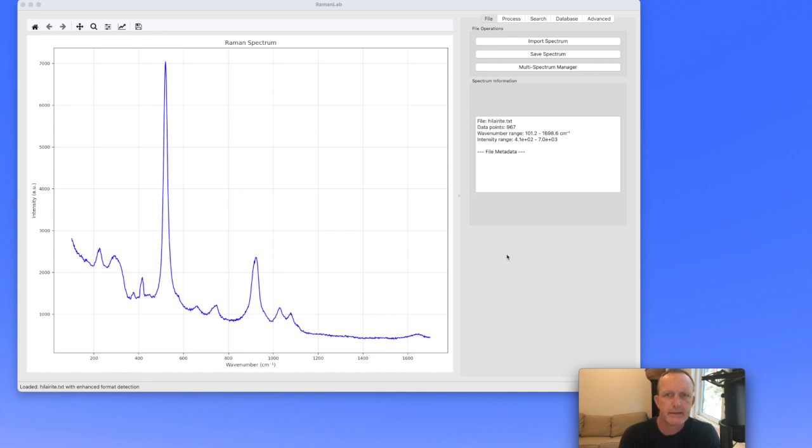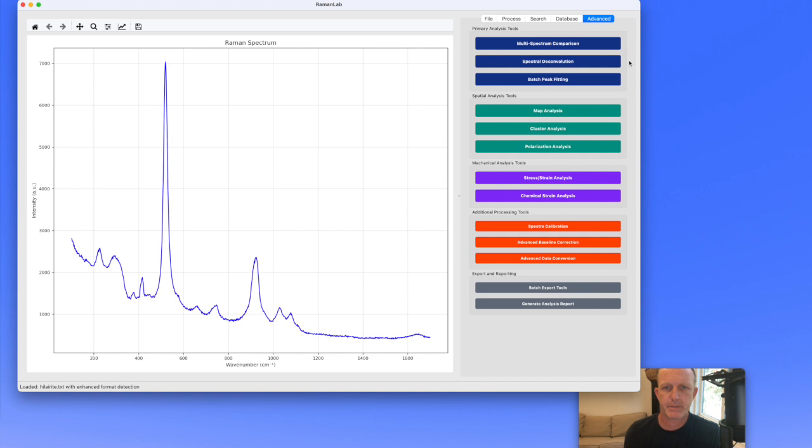at some of the advanced features in the program. We're going to start off with peak profile fitting. To begin with, I'm going to import the same spectrum you've seen before. It's a mixed phase Hilarite specimen. And to get to the